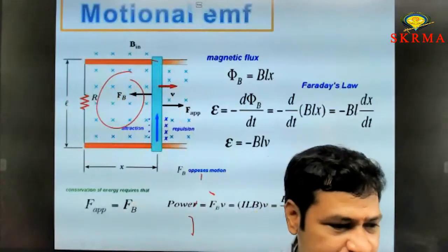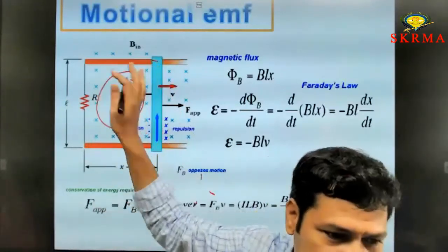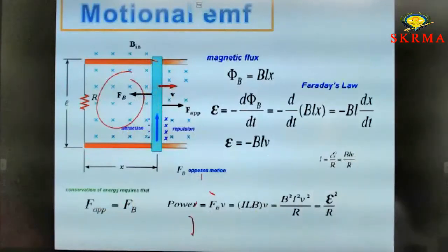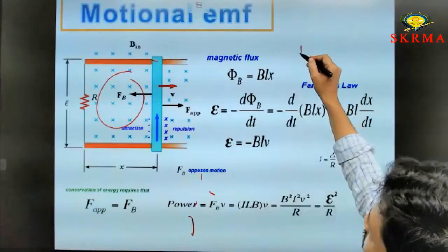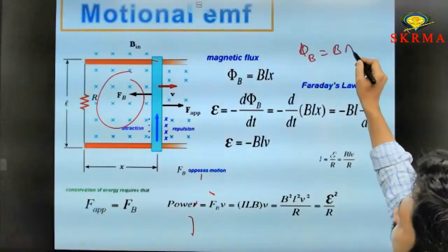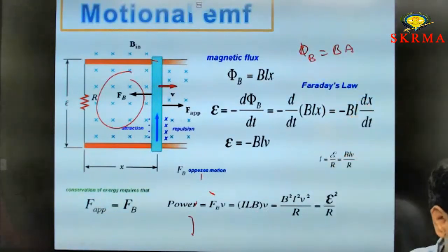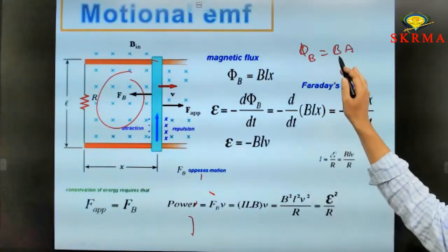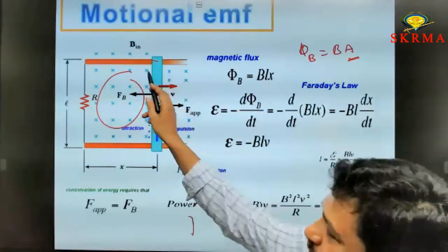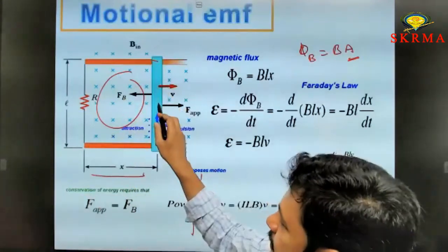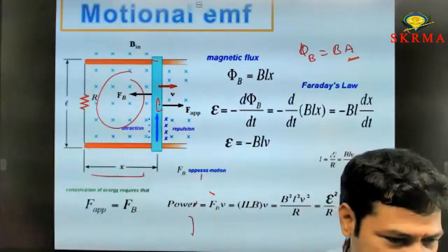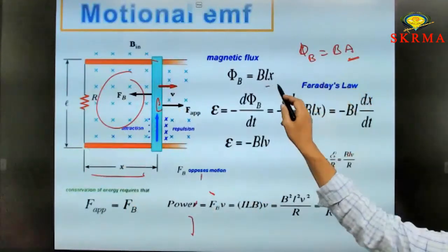By varying the area of the loop, EMF is generated inside the loop. Whenever EMF is generated, current flows through the loop. That is the key concept here. If you want to calculate flux, flux phi equals B into A. Here we take the maximum flux, BA. What is the area here? As this is rectangular in shape, the displacement is x and the length is L. Length into breadth is the area, obviously, for a rectangular loop.